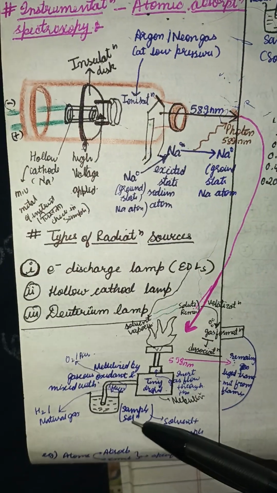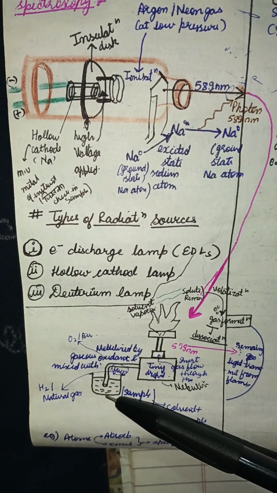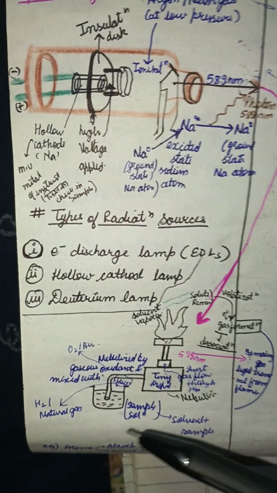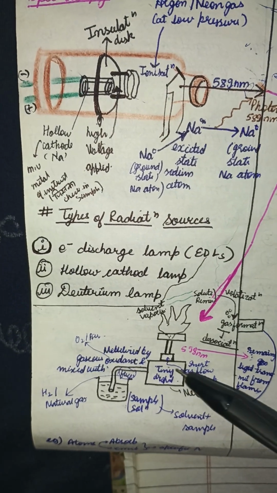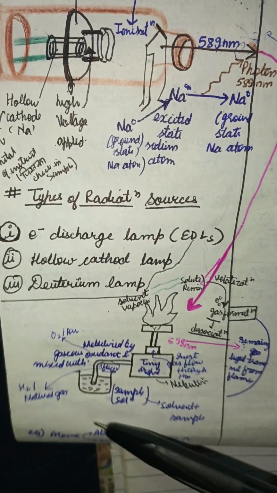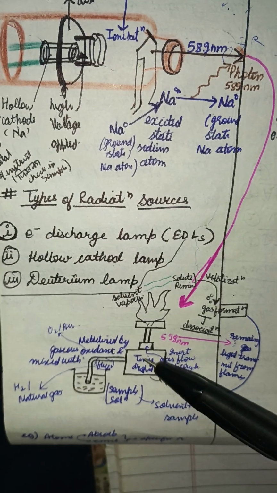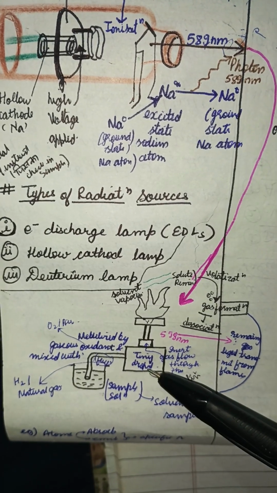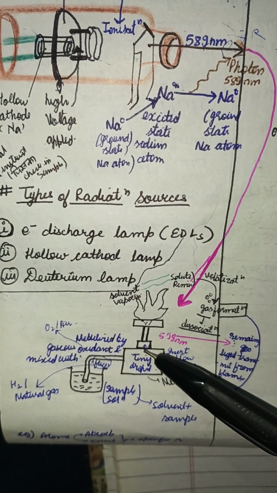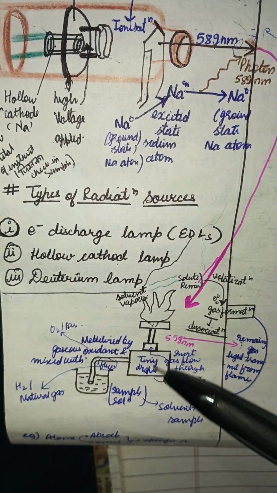Now this whole setup is interconnected. In this we have the sample. The instrumentation is the same as the flame photometer. We have the sample containing the solvent and the solute. It goes through the tube to the first instrumental chamber, the nebulizer, where the sample is converted into tiny droplets, and inert gas is already present. The inert gas will carry these tiny droplets of the sample up to the flame.